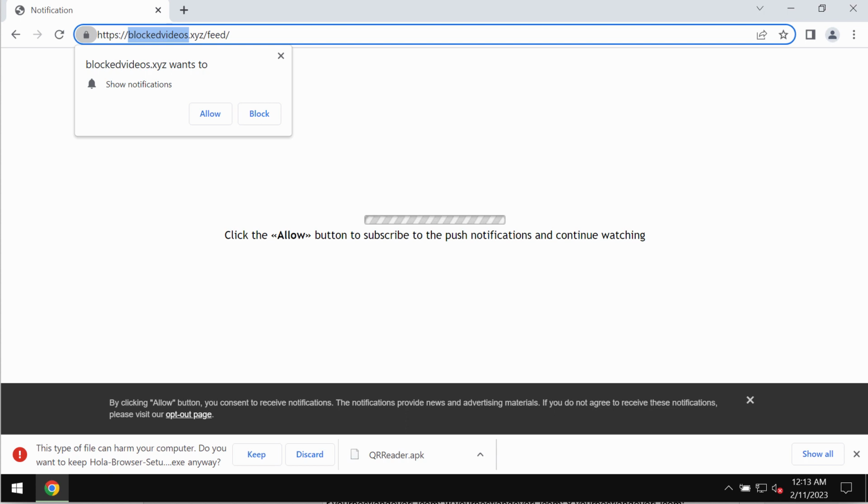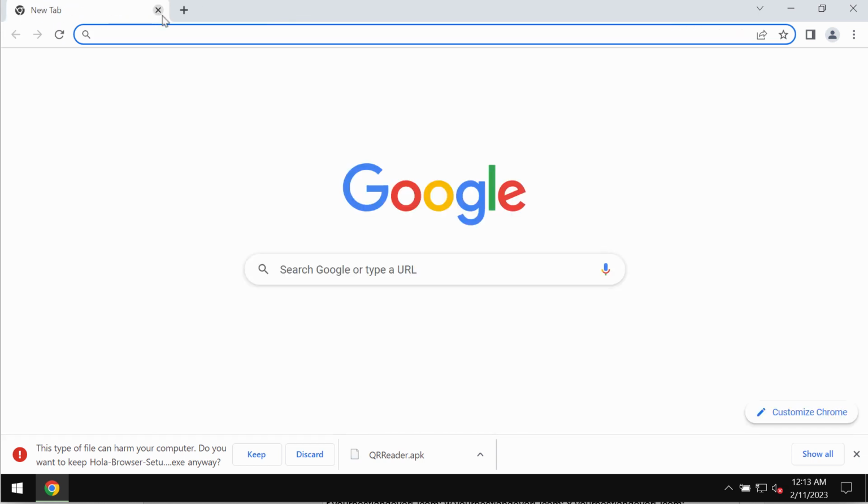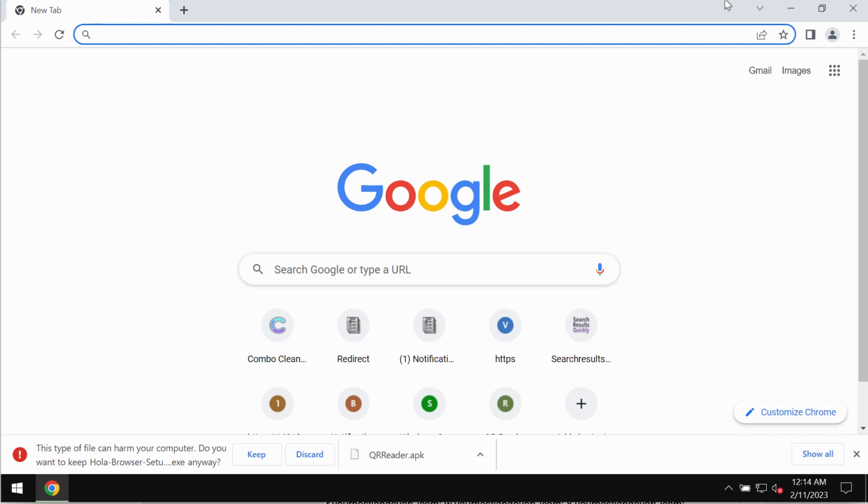Some people think that they can do it and they mistakenly click on allow button. Once again, you should not do that. Don't click on that allow button. Otherwise, if you click on that button, you will keep receiving plenty of advertisements that may be attacking your screen